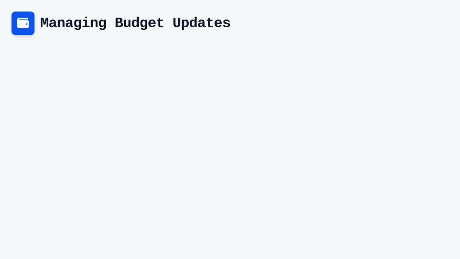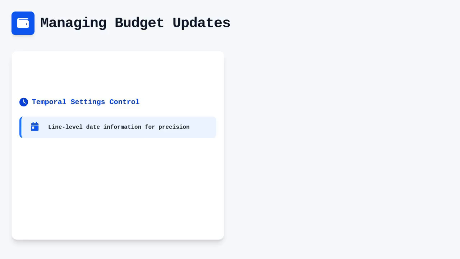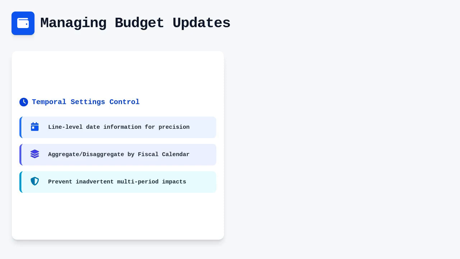Managing budget updates across multiple periods is handled through the temporal settings of the budget register entry. Each line within an entry contains date information that allows the system to aggregate or disaggregate budget data according to your fiscal calendar. This temporal control ensures that you do not inadvertently impact multiple future periods when only a single